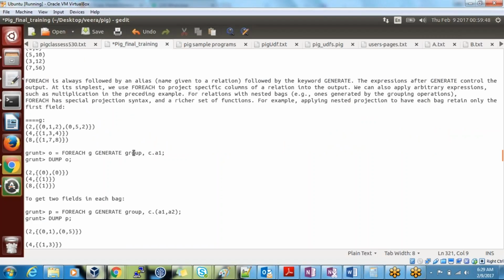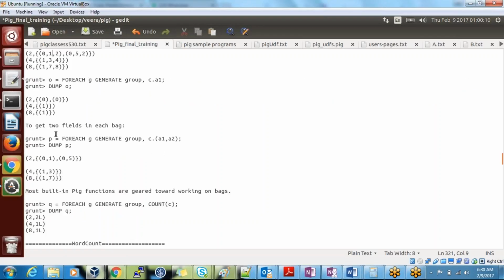From G, I'm bringing the first column only from the group, right? So the first column, how will you bring it from the group? You know this. From the 2, first column is 0. In this, first column is 0. So 0, 0 came. In the second, the fourth, first column is 1, only 1 came. In the 8th, first column is 1, 1 came. Right? You can also do it like that.